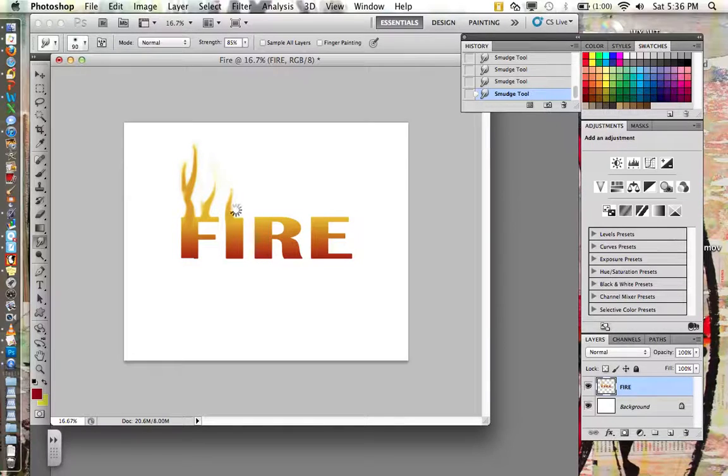The smudge follows the line that your mouse travels. So you can wiggle your mouse as you travel up, and it will show the curve of the mouse that you've done. Do this for the entire word to make it look like it's on fire. You want to wait each time for it to load so that it doesn't take too long to load. Once you get across the entire word,